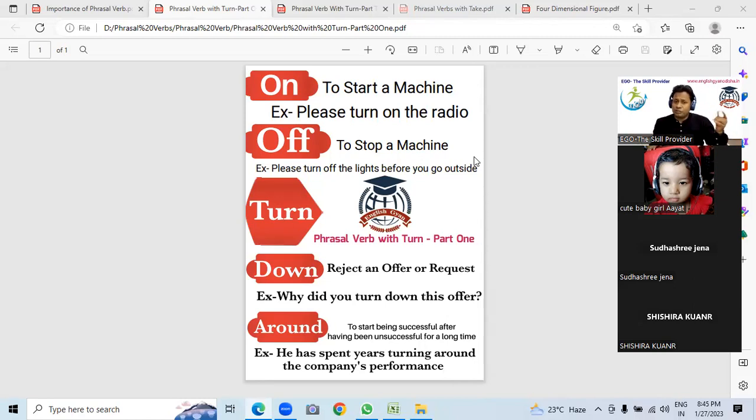You can use a lot of examples, but whenever it is a machine, you can say start eating, stop eating, start to sleep, stop to sleep, like that. Start the race. No, don't start the race. That is something else. Whenever you want to be a natural native speaker, you are supposed to use a lot of phrasal verbs. The first phrasal verb is something called turn on and turn off. Turn on means to start a machine, and turn off means to stop a machine. Just like turn off the light, turn off the fans before you move out, like that.